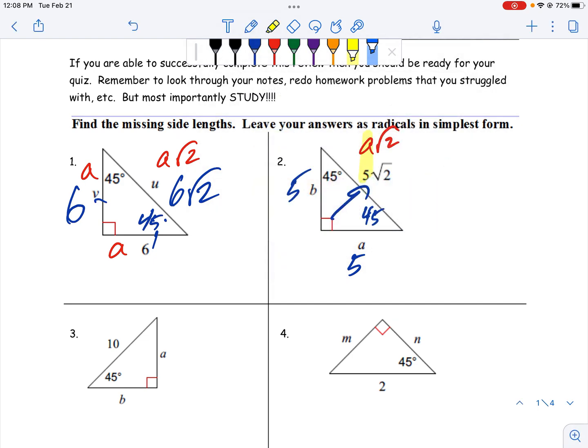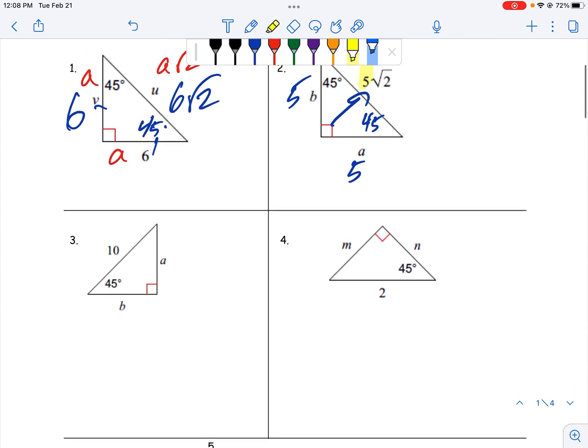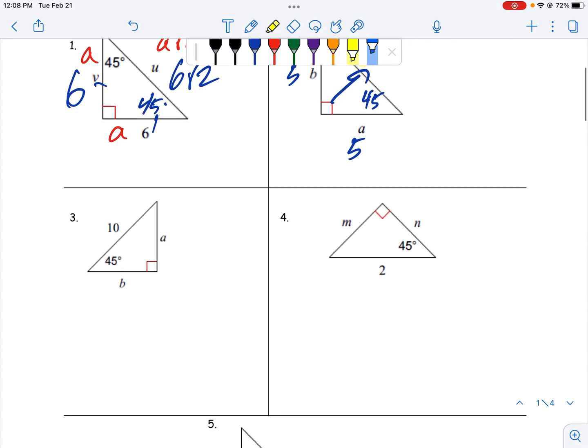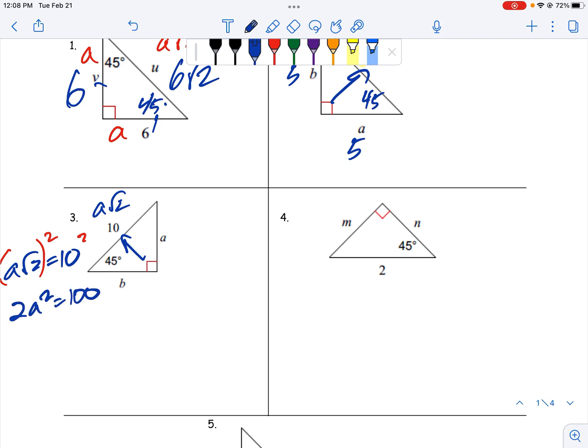All right, number 3. Number 3 is when it's not like it should be. This 10 is my A root 2 side, so I would set A root 2 equal to 10, and then solve for A. There's two ways we can do this. One way is I would square both sides and get 2A squared equals 100, divided by 2, A squared equals 50, and then square root it, and that breaks down into 25 and 2,